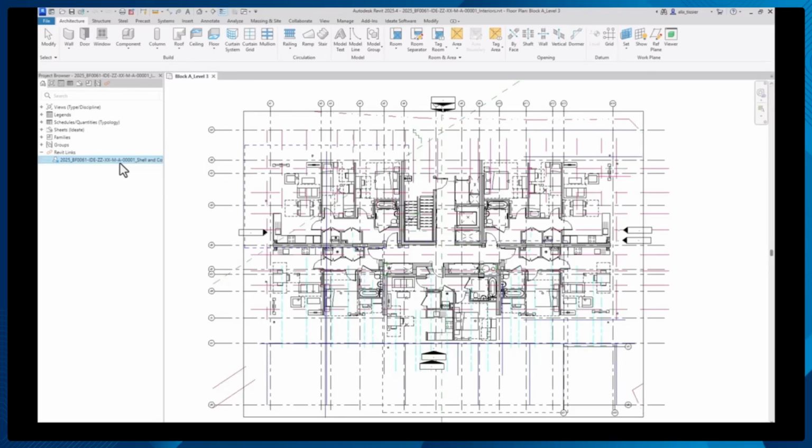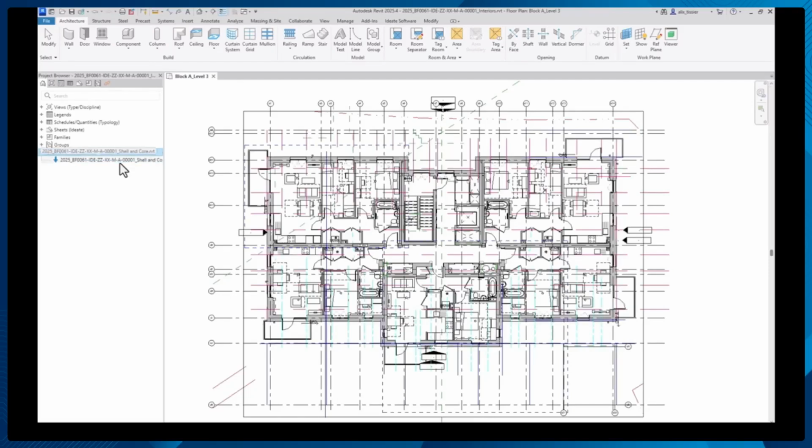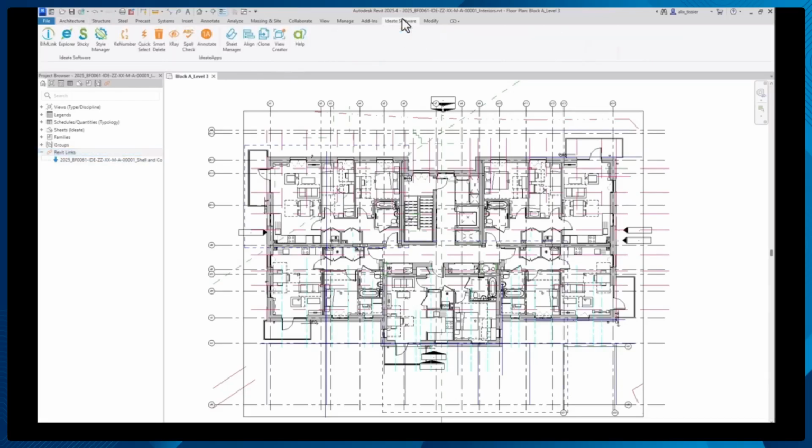So what I'm doing here is reloading my core and shell model, which I've linked into another Revit file, which is the interiors version of this building. Whenever we're dealing with multiple links in a project and we want to coordinate them, a good way to compare the different values is to create an Excel spreadsheet to easily compare room numbers and